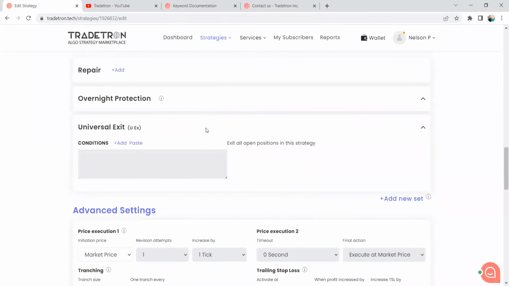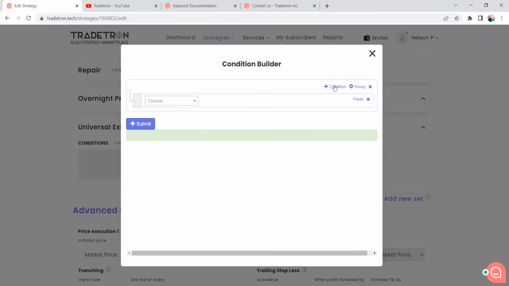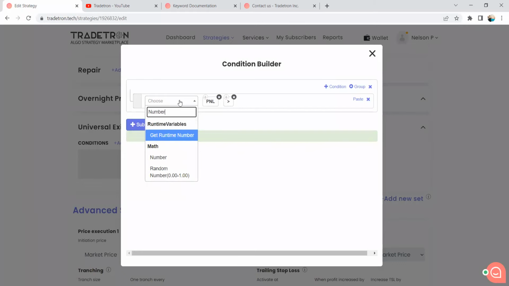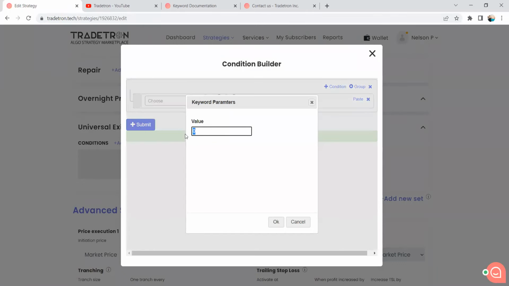So whenever you want to universally exit the strategy, for example, you want to exit only after a certain profit or loss, then what you can do is you can create a condition over here. So I will just create a different condition. So for example, my first condition will be that when the PNL, the profit and loss of the strategy, crosses say 5,000 rupees. This is my target, greater than 5,000